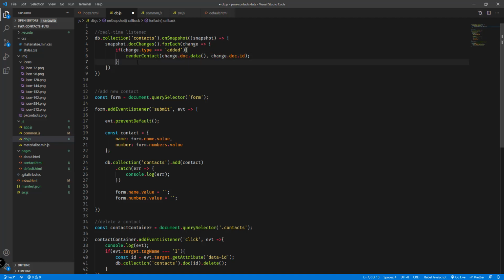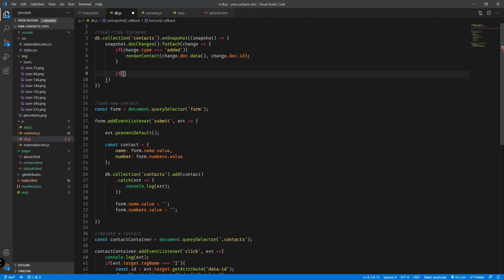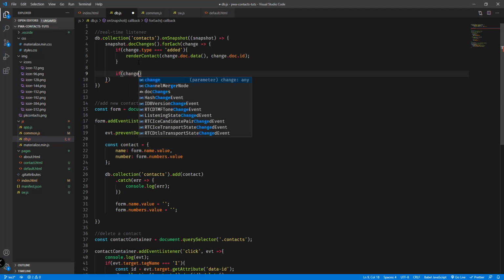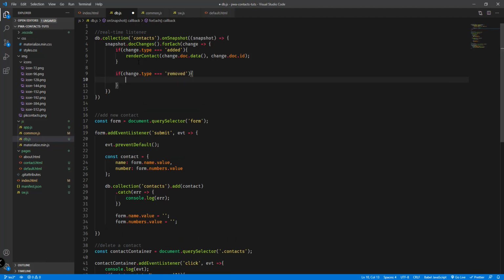id. There you go. And if we also check if the type of change is removed, then we're going to have to add another logic for that. So change.type equals removed, then instead of renderContact, we will use removeContact. There you go. So again we will create the functions removeContact and renderContact later on. So that will be change.doc.id. Okay,